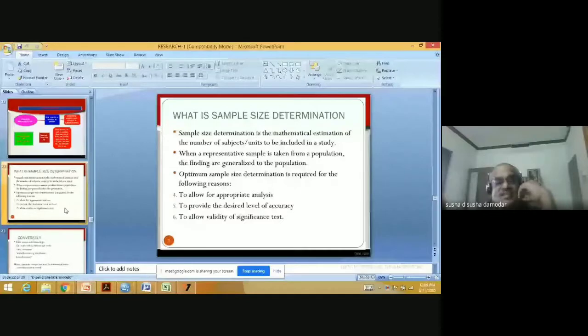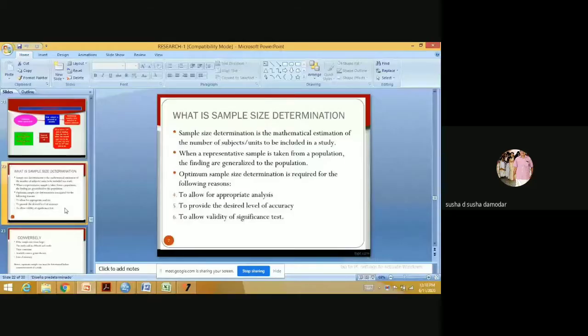When a representative sample is taken from the population, the findings are generalized to the population. I have already mentioned that theory. What will we do in a sample study? The sample statistic will be used for predicting the unknown value of the population parameter. We have certain findings related to the sample study. We collect the information from the sample respondents and furnish the data,